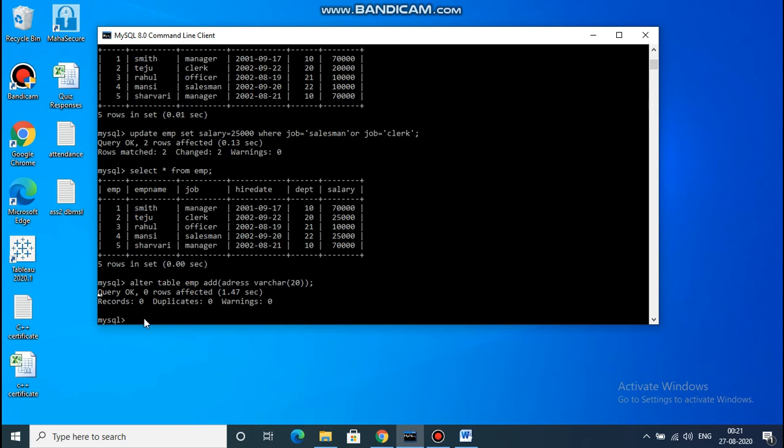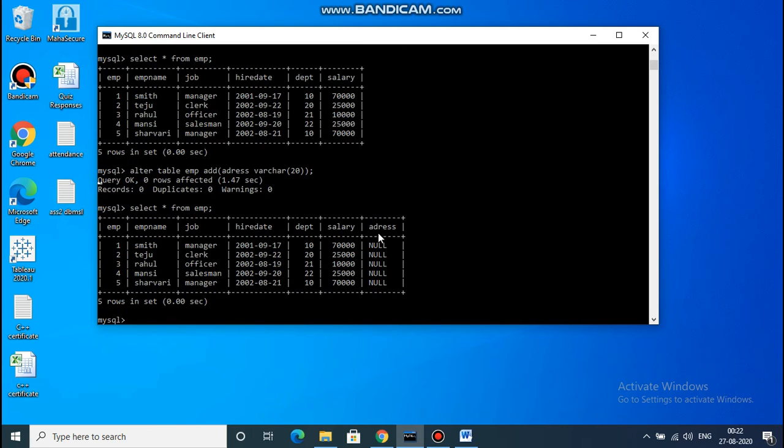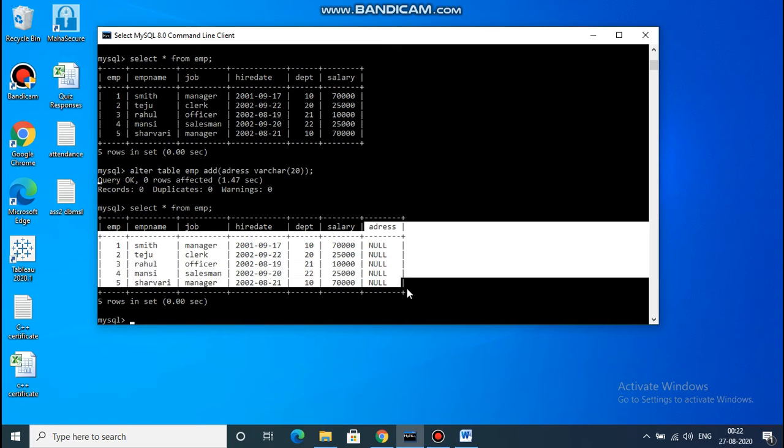To check again, I will use select star from EMP. You can see here the address field is added successfully.